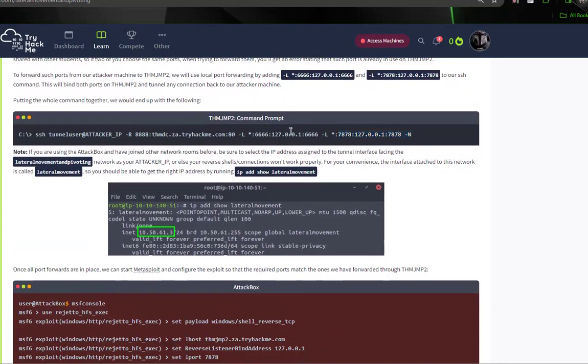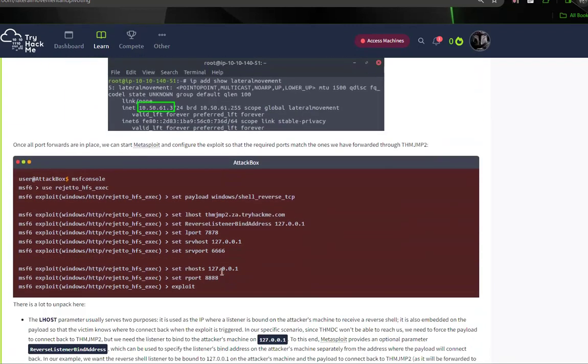And this is the tunnel on ThymJump 2 listening. And this is its forwarding action. And this is a lot of information. All right, so then,